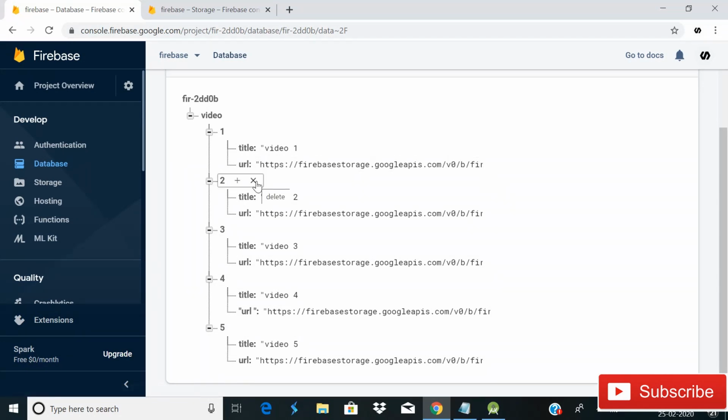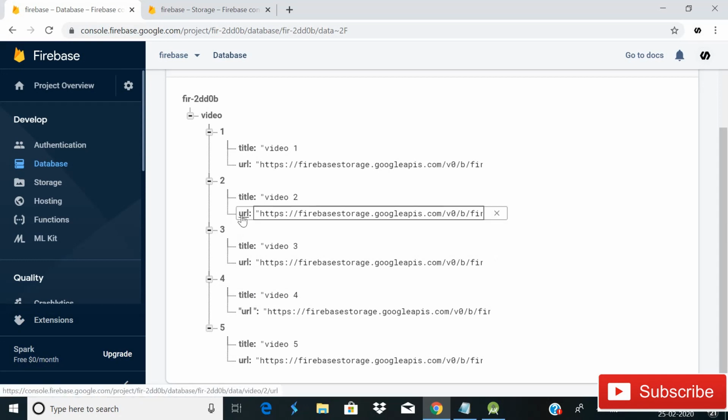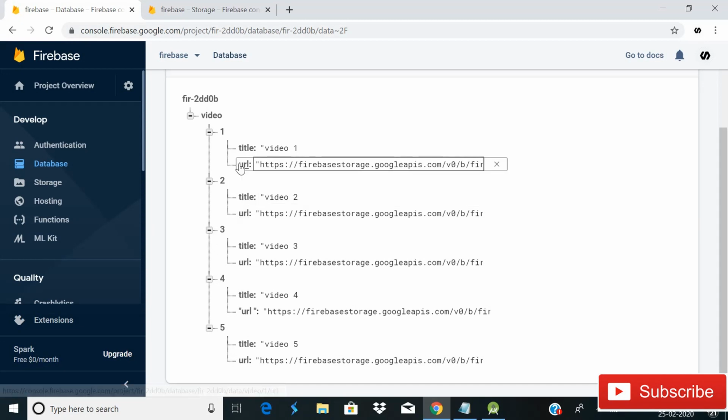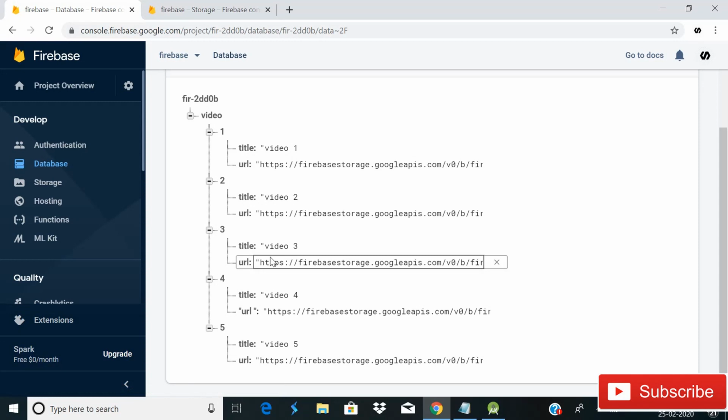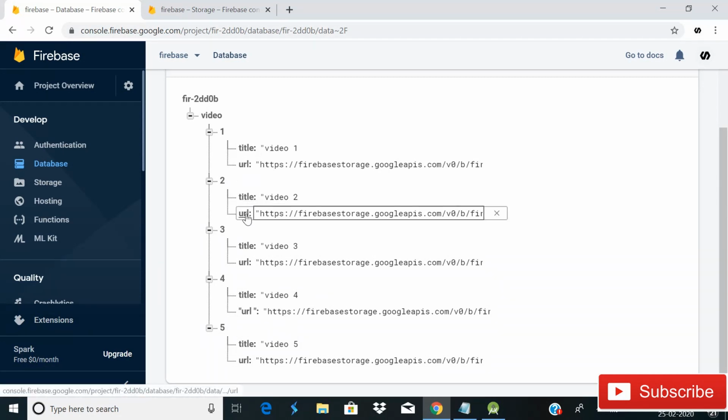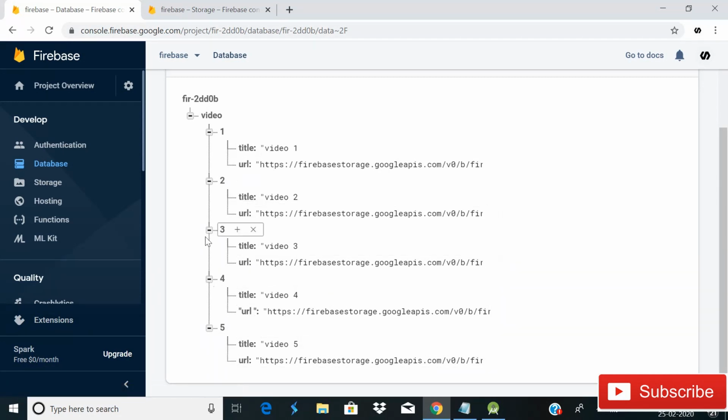What I'm trying to say is that you have to write URL exactly as it is, because if you write it differently, if you keep the U of URL in caps lock, or the U small, then it will create a problem, or maybe the data or videos will not be retrieved properly. So make sure you write all these subchildren titles and the URL exactly as it looks on the screen.